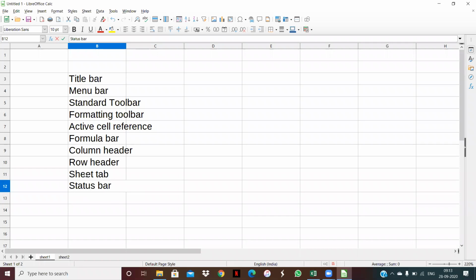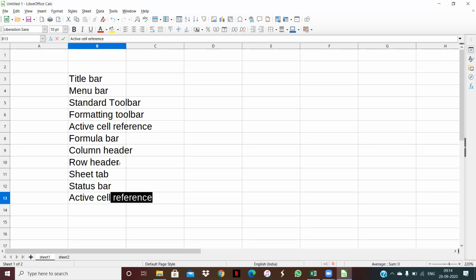And now only one is left. Wherever we place our cursor, this is called the active cell, and the active cell is always bordered with a dark color border as compared to the rest of the cells. Clear, my dear students?